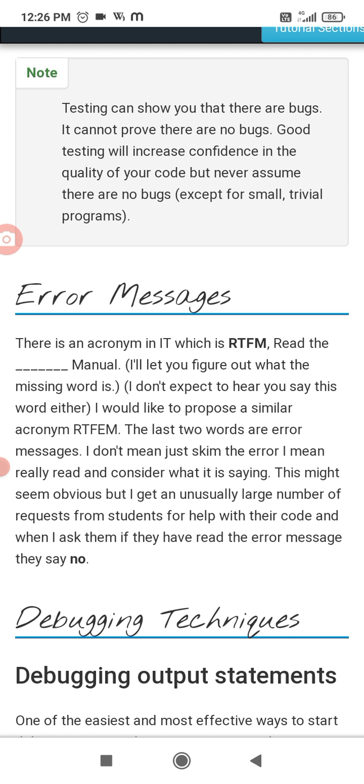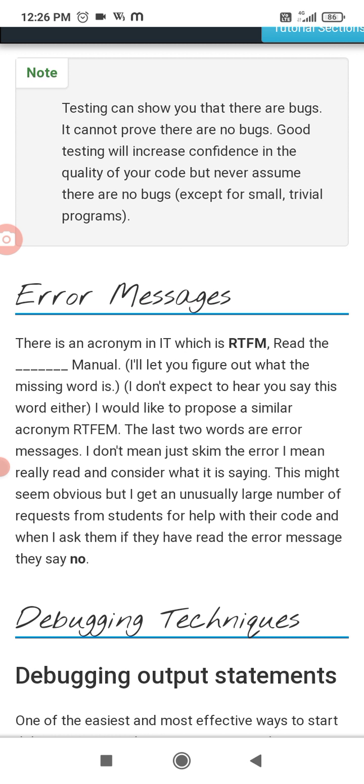Error messages are also important in software debugging. There is an acronym in IT which is RTFM: Read the manual. I will let you figure out the missing word.